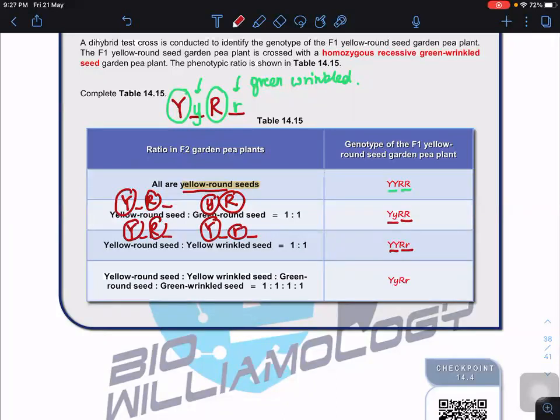Okay, yellow round must have one big Y, round big R. Yellow wrinkled, so big Y, wrinkled must have small r. Green must have small y, round, big R. Green, small y, small r. So it means a mixture of big Y, small y, big R, small r. Can you see that? So this is how we can use the test cross based on the result of the